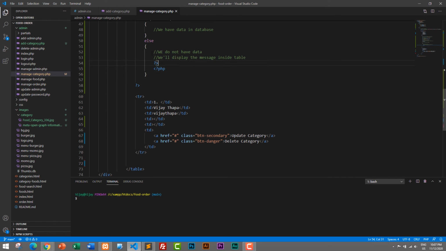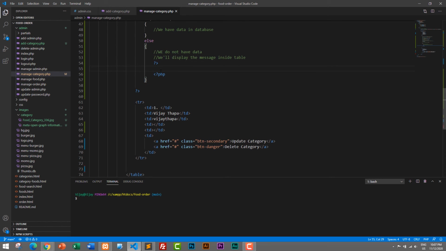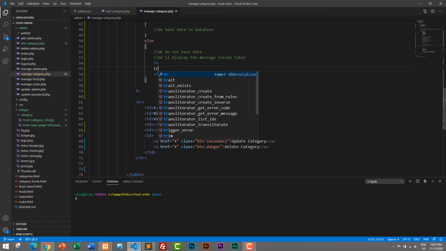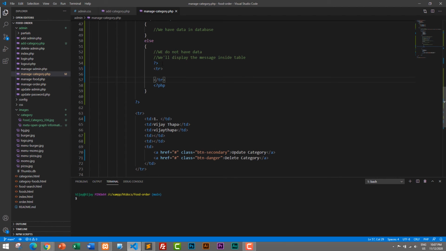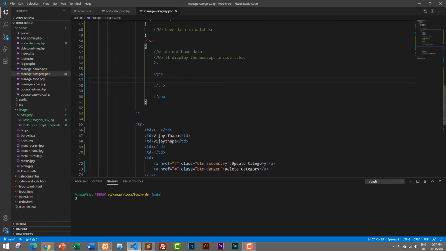I am just breaking the PHP and starting the PHP again, just to write HTML between this. So since we have broken the PHP and started the PHP, between this we can write HTML. And here I will create a tr, and inside this tr, let's separate the PHP and HTML. Inside this tr, I will create a td, and here let's create a div of error class, and inside this let's display no category